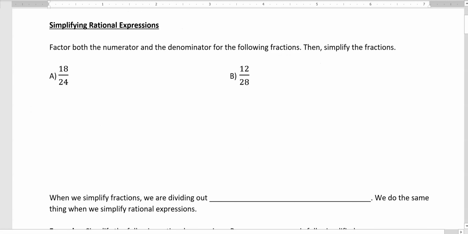I want to start by just simplifying fractions. Now, rational expressions are rational. They're the same as fractions. They just got some variables involved here. So what I want to do to start is just review, make sure we break down what it